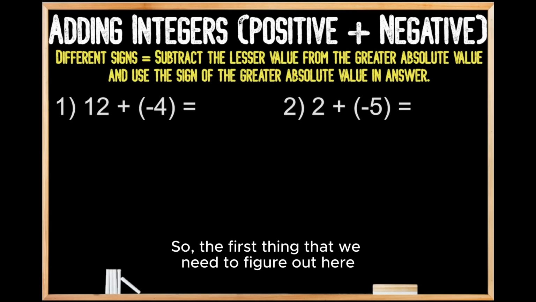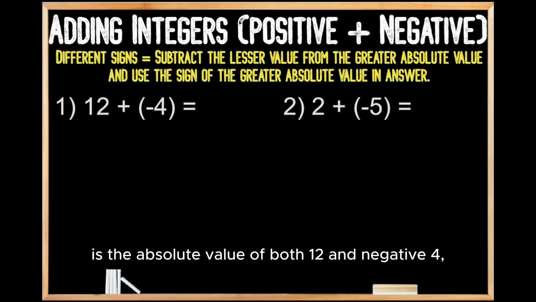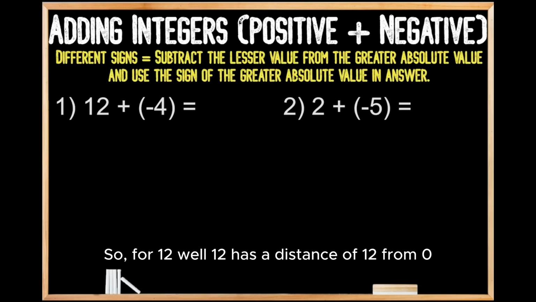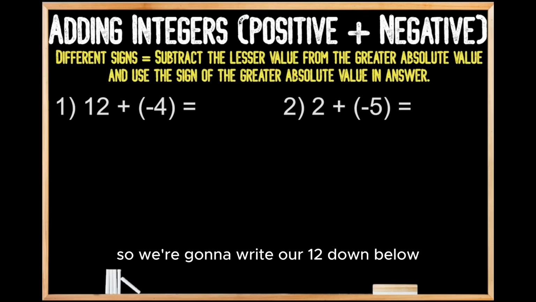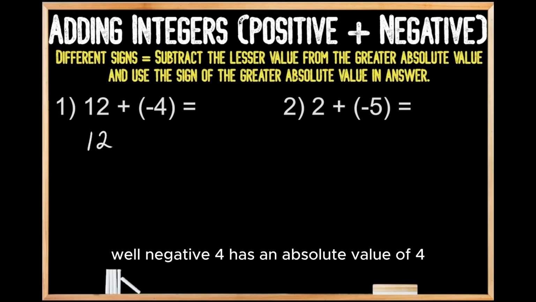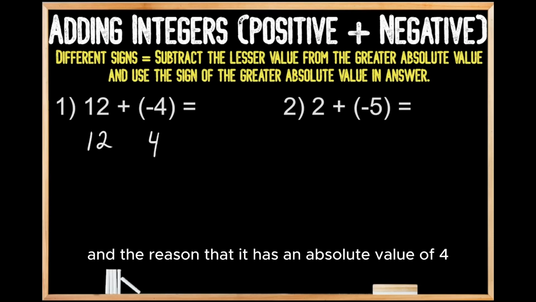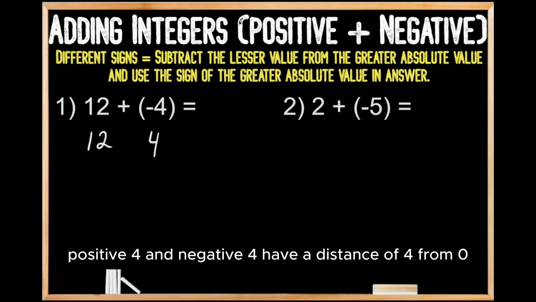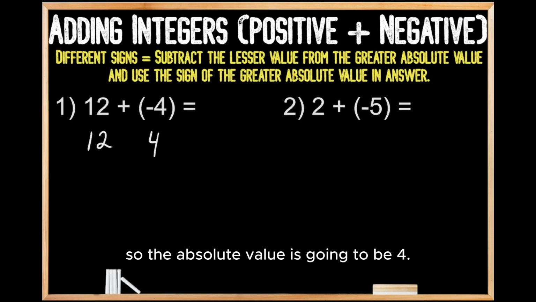So the first thing that we need to figure out here is the absolute value of both 12 and negative 4. And a number's absolute value is that number's distance from 0. So for 12, well, 12 has a distance of 12 from 0, so we're going to write our 12 down below. And then for negative 4, well, negative 4 has an absolute value of 4. And the reason that it has an absolute value of 4 is because it doesn't matter if the number is positive or negative, positive 4 and negative 4 have a distance of 4 from 0,